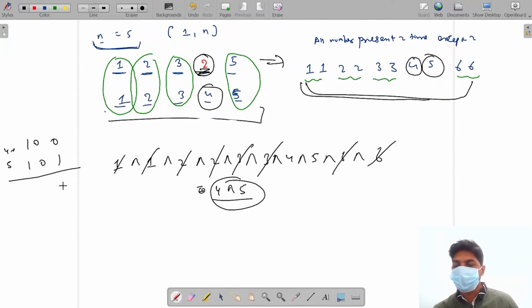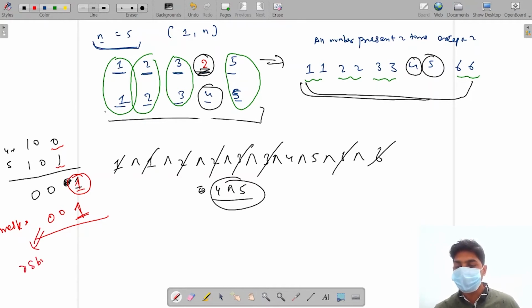If we take the XOR, what will we get? We'll get 1 over here, 0 over here, and 0 over here. So the first position where we got a 1 is the position where both of these numbers have a different bit. Okay, so this is what we are going to use. We'll make a mask which will be equal to 001. Whatever is the position of the first set bit, we'll keep it as 1, and all the rest of the bits will be 0. That is, eventually we are calculating the rightmost set bit mask of this XOR.